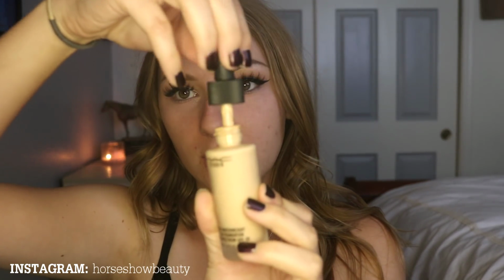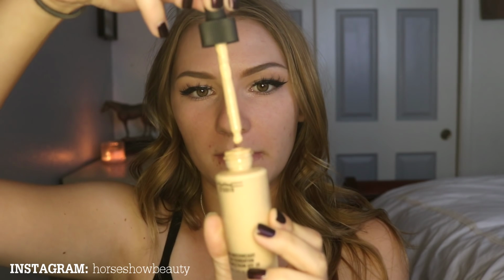Basically this foundation has a dropper. It is one of those serum type foundations, and then you would drop it onto your hand. I'm going to give this a good shake. Knowing this foundation, I would recommend using a primer. It might just be my skin because I've seen other reviews that love it, but I did use pore